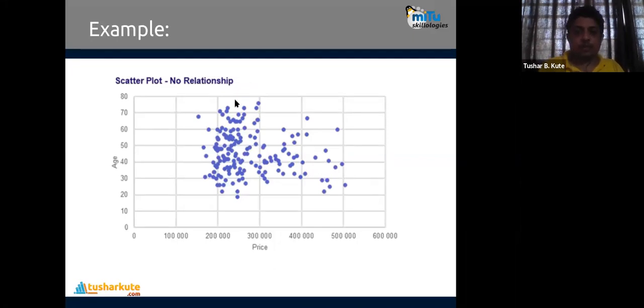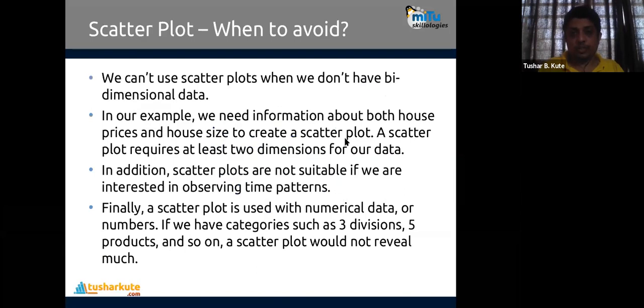So you can see this data is grouped, meaning all of these data are present only in this square or in this rectangle. The remaining locations don't contain anything. This is also one of the methods by which you can detect outliers, like some element present here, so far away from the crowd, that we can detect. This is one of the advantages of scatter plots. Detecting groups and detecting outliers can be done with the help of scatter plots.